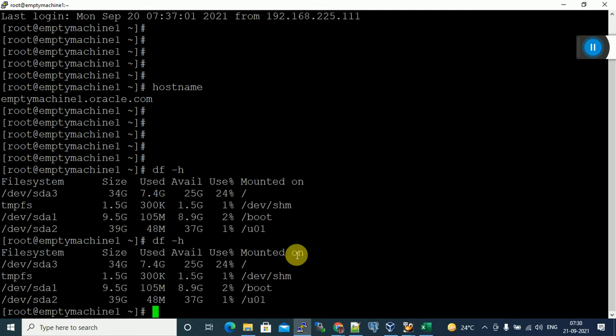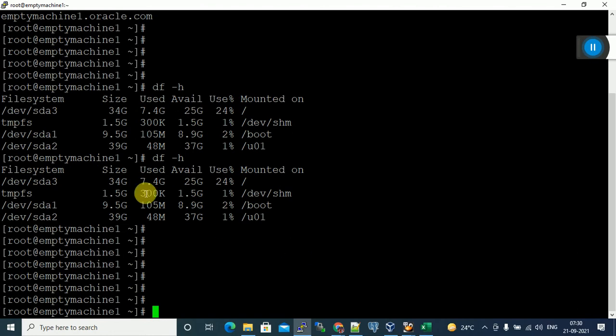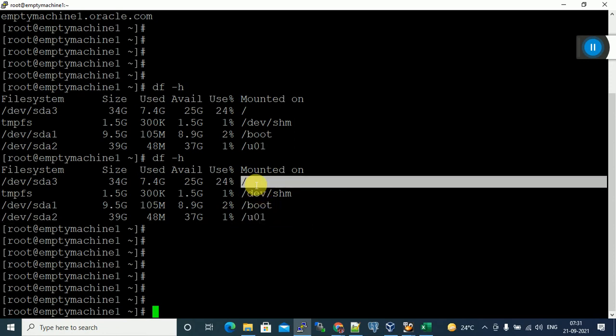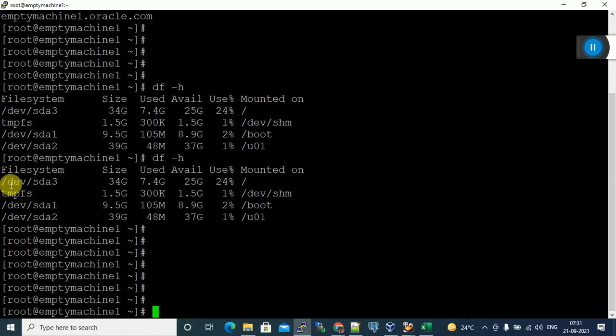Just df -h, it gives the mount point details. What is the file system? We gave slash user1 as the mount point name. The system understands this is the mount point, and the system assigns a backend for this user1. What did the system allocate for this mount point in the backend?